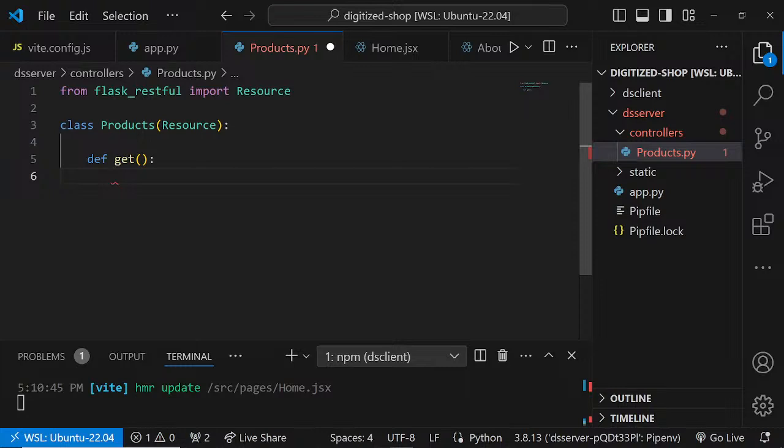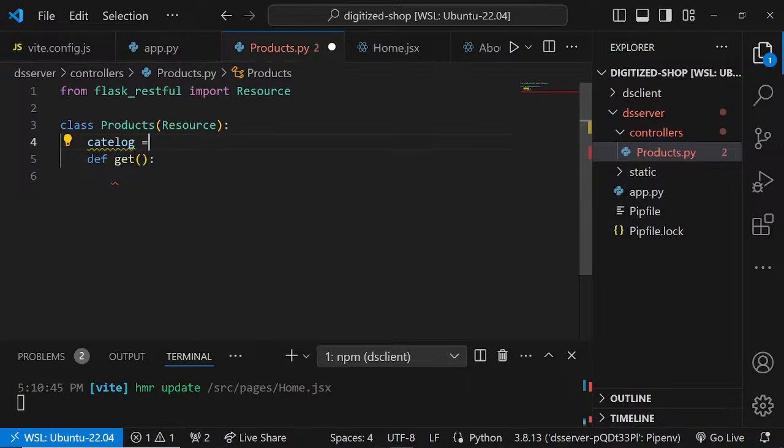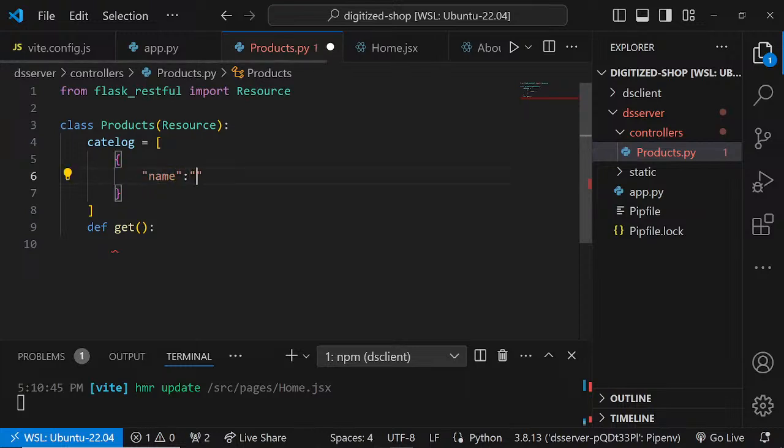So let's say I have a bunch of products. I'm just going to create a catalog here, which is basically a list of products. So I'll have a name, and let's say I'm selling utensils, so no, I'm selling computers, so I'll say HP laptop,